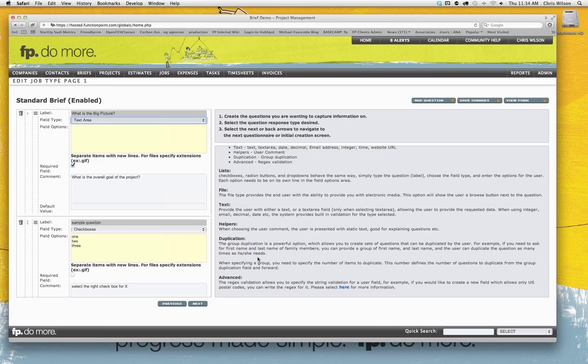So imagine yourself with a need to have 3 questions repeated based on what the input person is doing. That whole set of 3 sections can be duplicated accordingly. And for those of you more advanced users, there are regex items that allow you to build algorithms to, say, validate a zip code or that type of information.